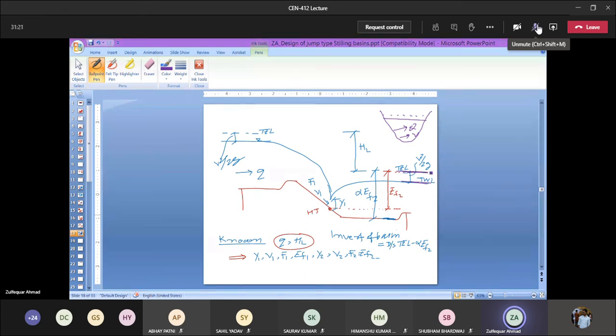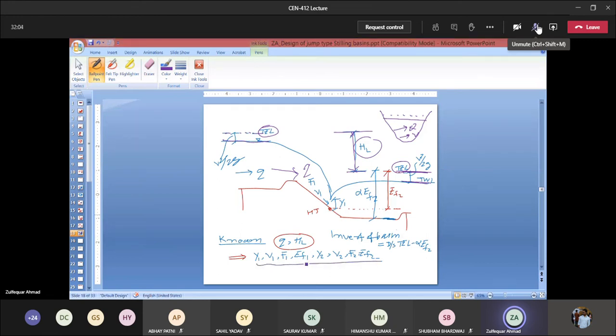Now coming to the upstream. The upstream water level is known to us. Then the total energy line is also known, because here also we know the cross section. So this is the total energy in the upstream, this is the total energy in the downstream, and the difference of these two is the loss. And we know how much discharge is passing through this. Now with respect to this, if the hydraulic jump will form, we can get all the hydraulic jump parameters. You can get y1, v1. I mean, use your classical equation and you can get all this.